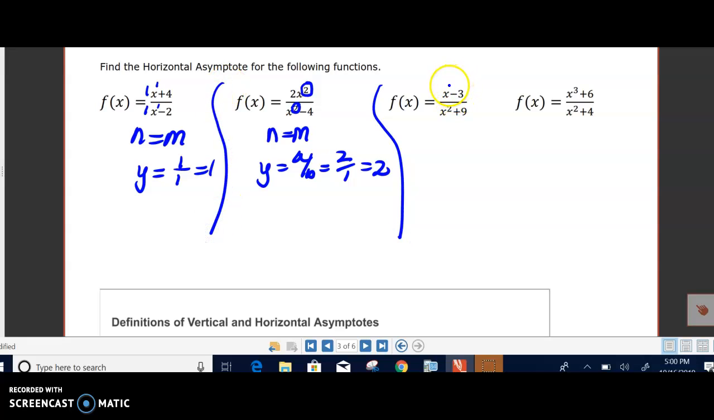Okay, this one, the degree at the top is 1. The degree at the bottom is 2. So the top is less than the bottom. So that's our line y equals 0. We go back to the theorem. And when the top degree, 3, is greater than the bottom degree, in this case 2, top is greater than the